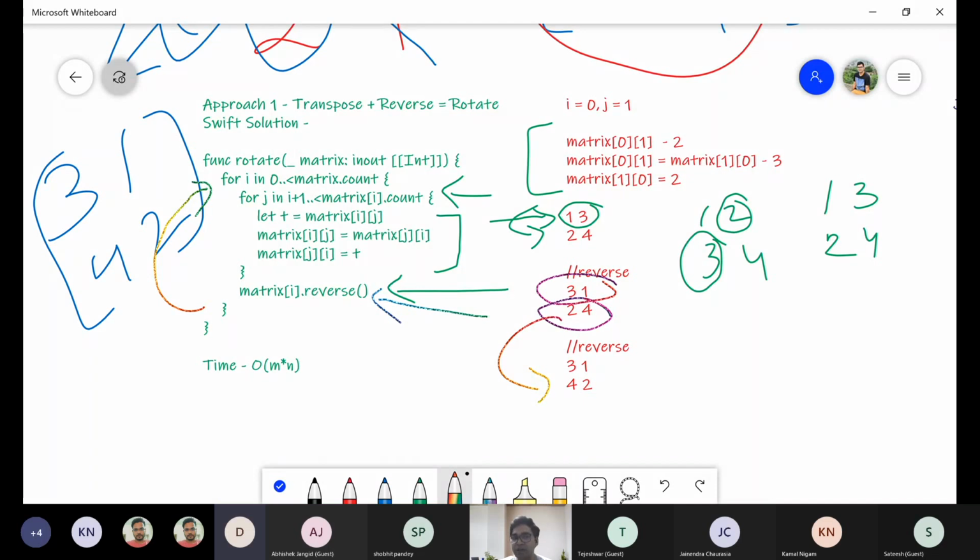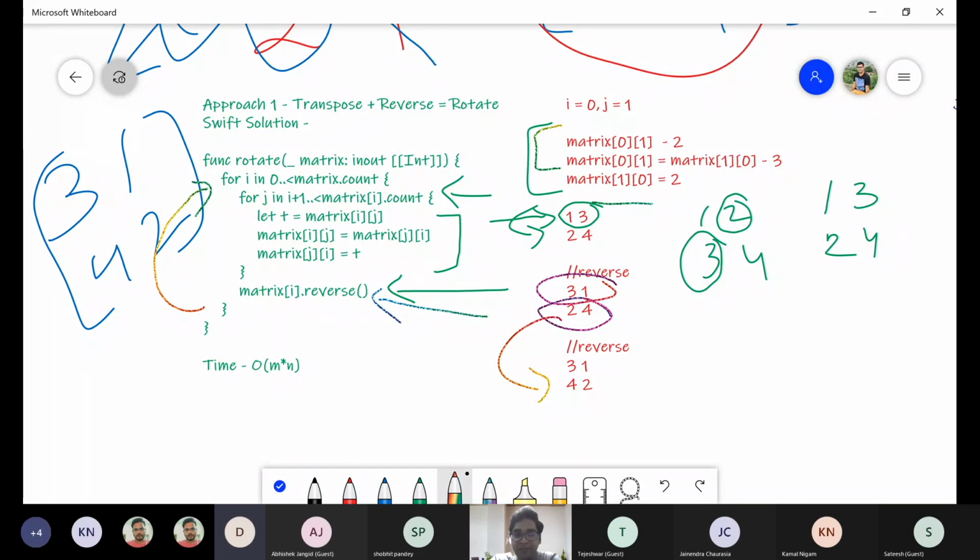So we need to think about what our requirement is. Suppose I take I is equal to 0 and j is equal to 0, then what will happen? These two will become matrix 0, 0, and this will also become matrix 0, 0. Does it make sense to do the reversal of the same element, the one with itself? Any other question?